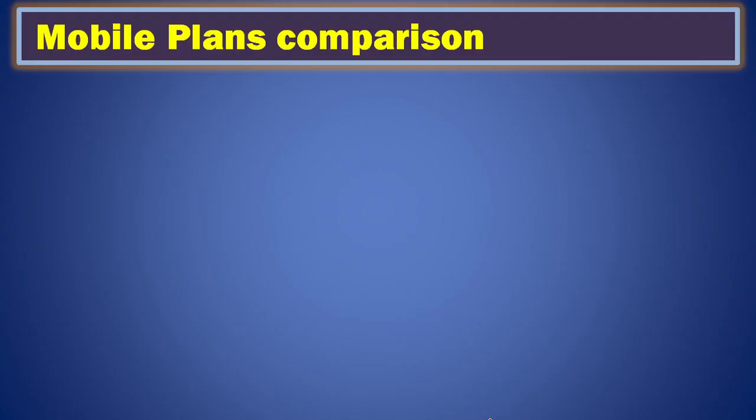Mobile plan comparison. I'll show you how the design looks, what should be there in this project, and how it works. So for mobile plans, we already know there are different networks, and each company provides different plans. If we enter all this data, then when the user wants, we can explain to the user, okay, this is the plan available and these are the advantages. Once you make the database ready, we can give this software to all the mobile stores, and they can use it in their store to explain to the customer. So this is the system. This is the mobile plan.